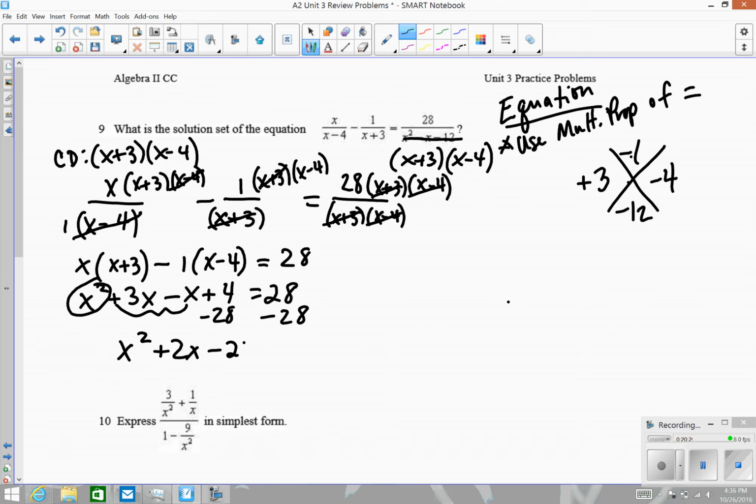minus 24 equaling 0. Now, to solve a quadratic, you've got some choices. If you can factor, you can try factoring that equation and then set each factor equal to 0. Or you can use the quadratic formula, or you can complete the square. What I'm going to do is just write down for you your choices right now. So we can solve quadratics